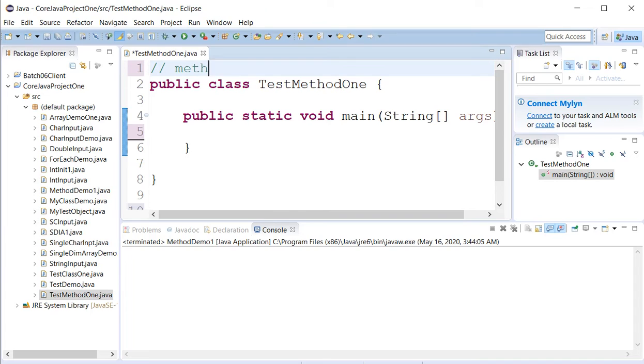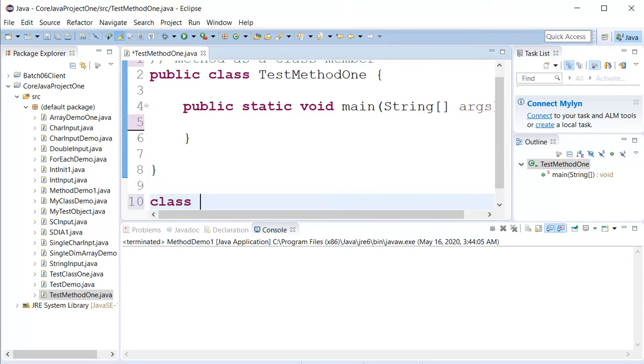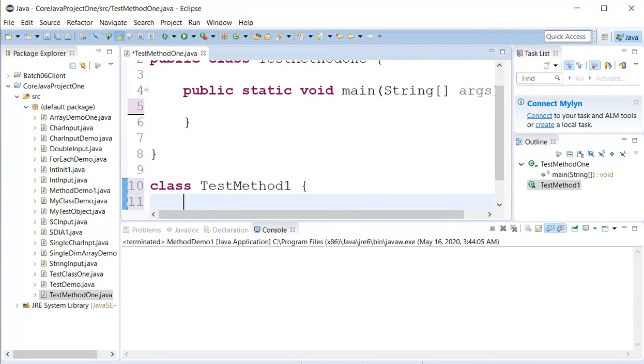As we are talking about method as a class member, let us create another class and define the method test my script. This is the method name.